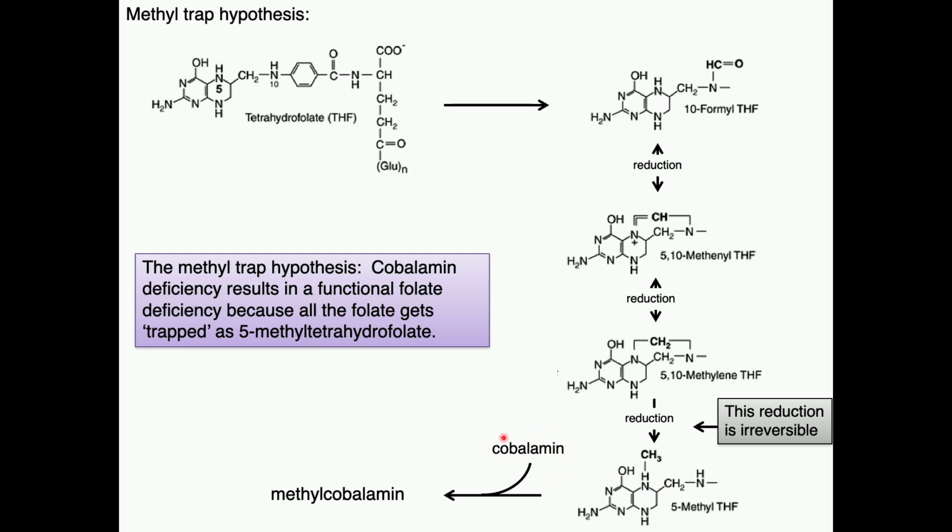Okay, so the consequence is that if we don't have vitamin B12 in our body, if we don't have cobalamin around, all of the folate pool will get trapped in this methyl tetrahydrofolate form. We can freely interconvert between all these other forms, but when we go to the methyl form, we're trapped there because we can't reoxidize it and we don't have cobalamin around to make methylcobalamin. So this is why vitamin B12 deficiency will cause a functional folate deficiency and result in the macrocytic